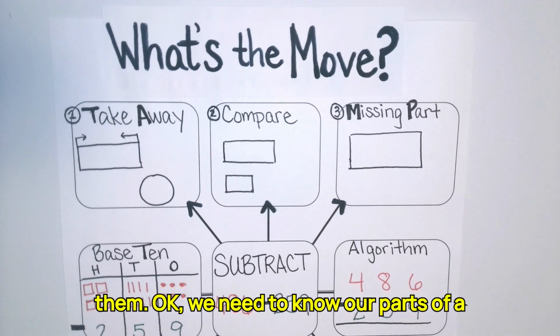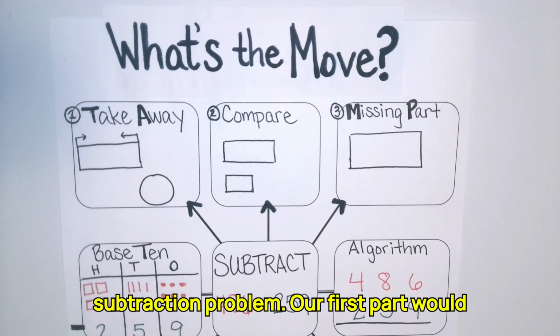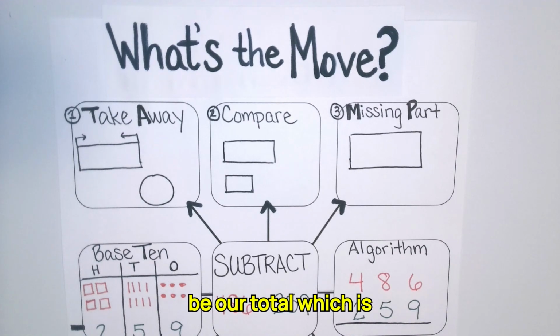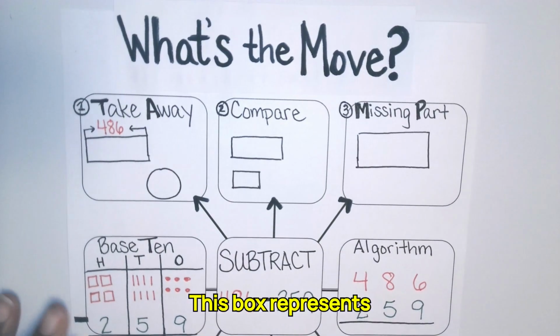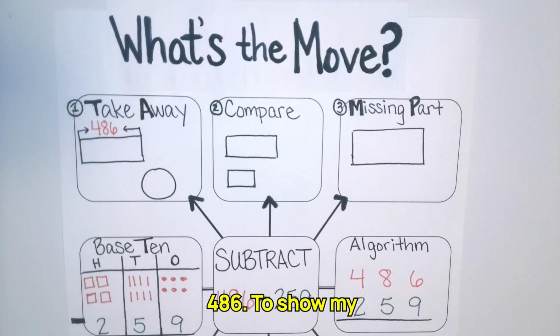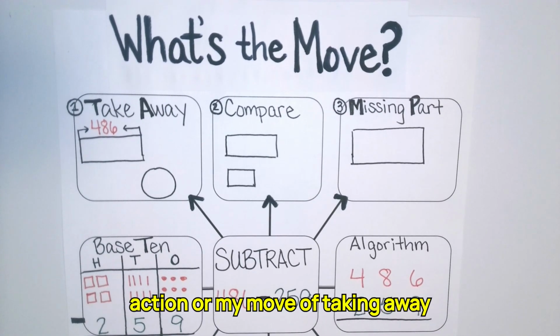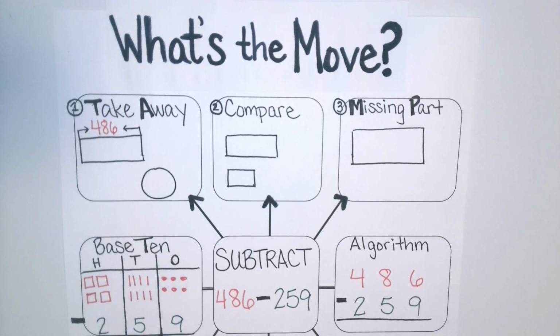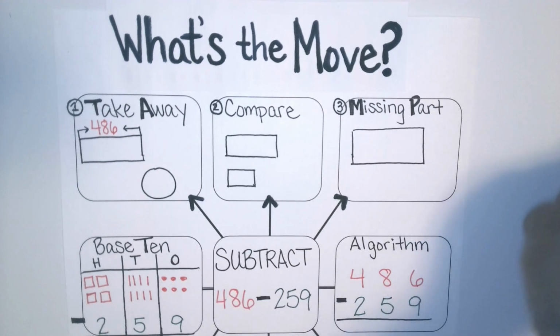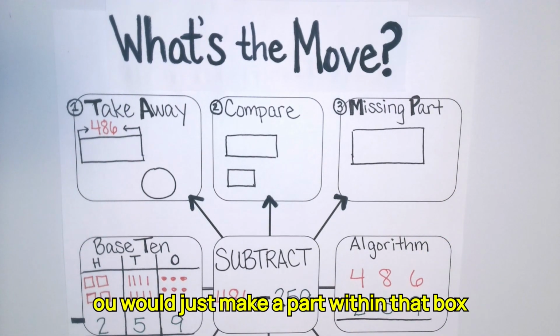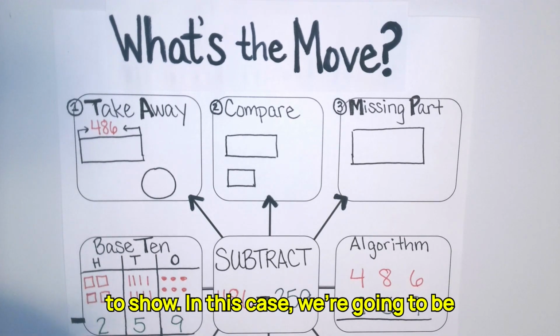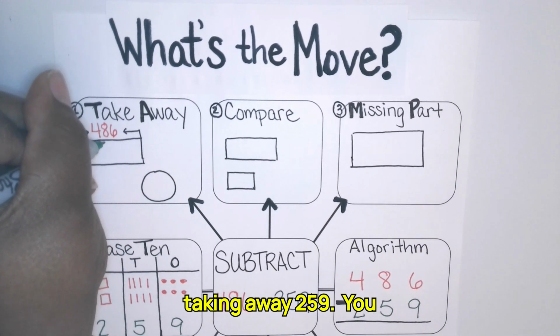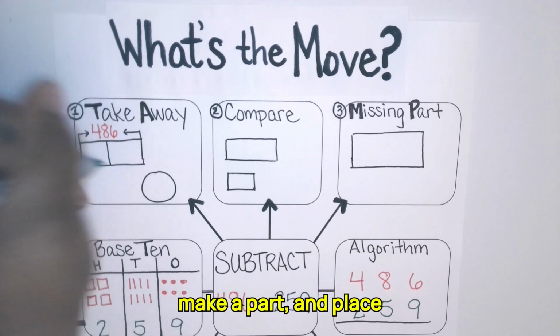Okay, we need to know our parts of a subtraction problem. Our first part would be our total, which is 486. This box represents 486. To show my action or my move of taking away and what I am taking away, you would just make a part within that box to show. In this case, we're going to be taking away 259. Make a part,